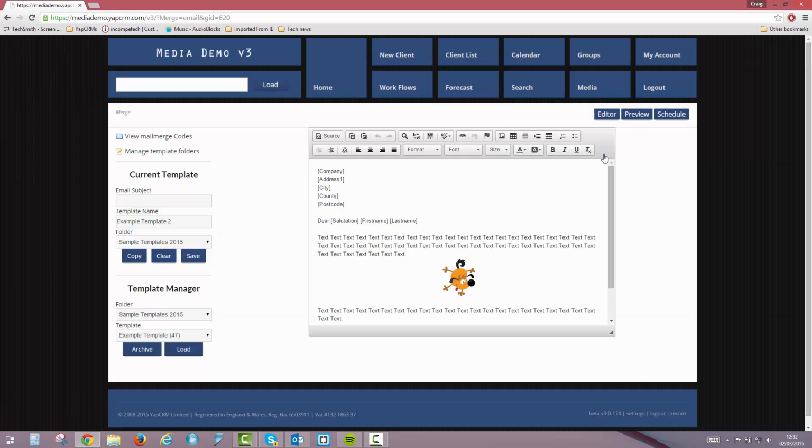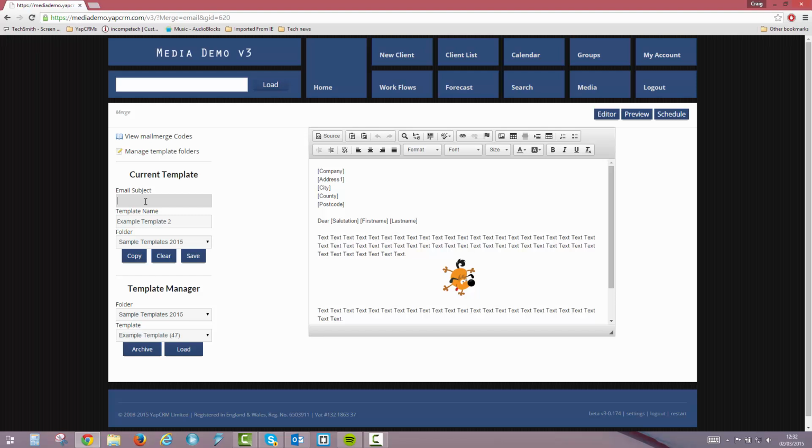Generating a merged email follows almost the exact same steps as for generating a Word document. Templates can be created and saved in exactly the same way as just demonstrated, and images can be included. In fact, it is more important to include images in emails than it is for other merge types. This is because it is the loading of images when a recipient opens an email that generates our read receipts, as we will see shortly when we